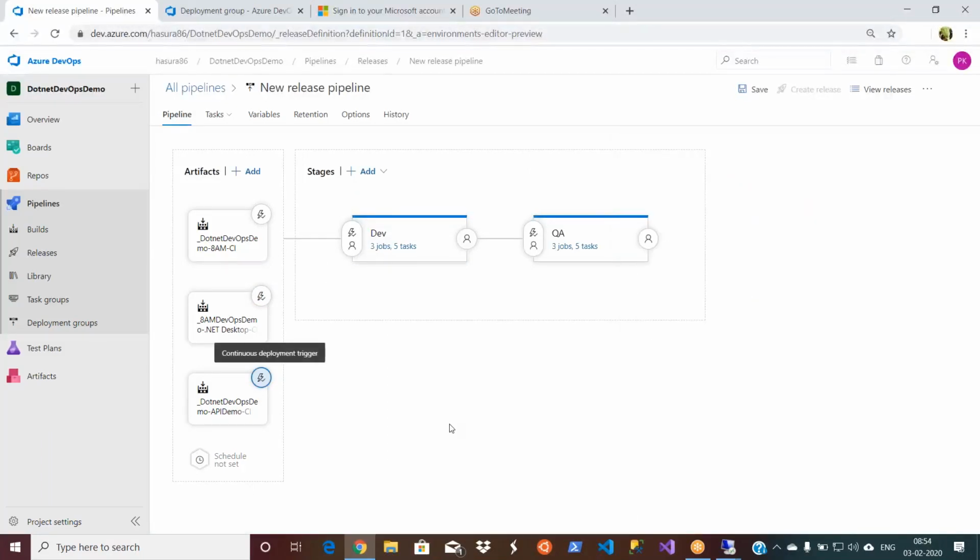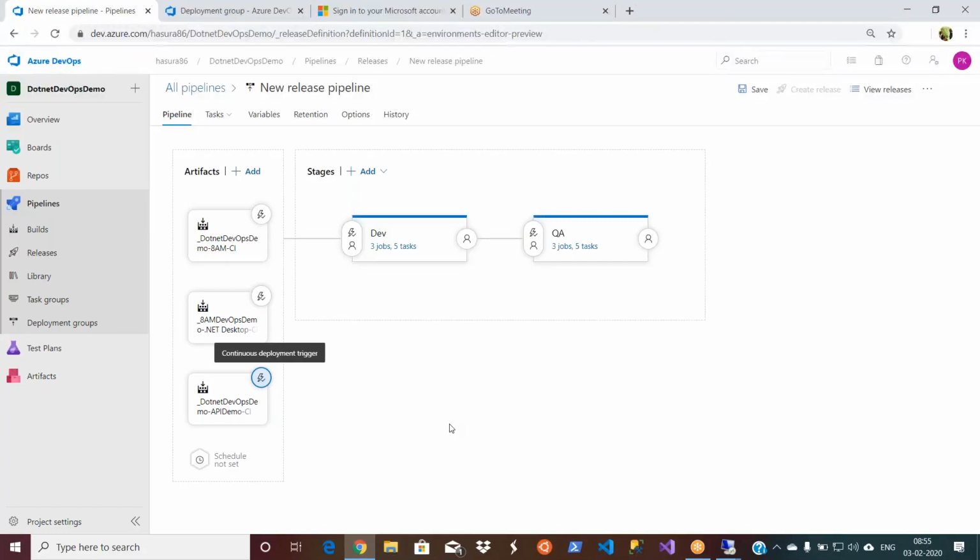Now the moment somebody makes a change to the code and pushes their code successfully to the branch, of course you will have a pull request, because I am directly doing it. You will configure the pull request and ensure that the pull request is mandated. Now the pull request is completed. What happens? Your build will start.